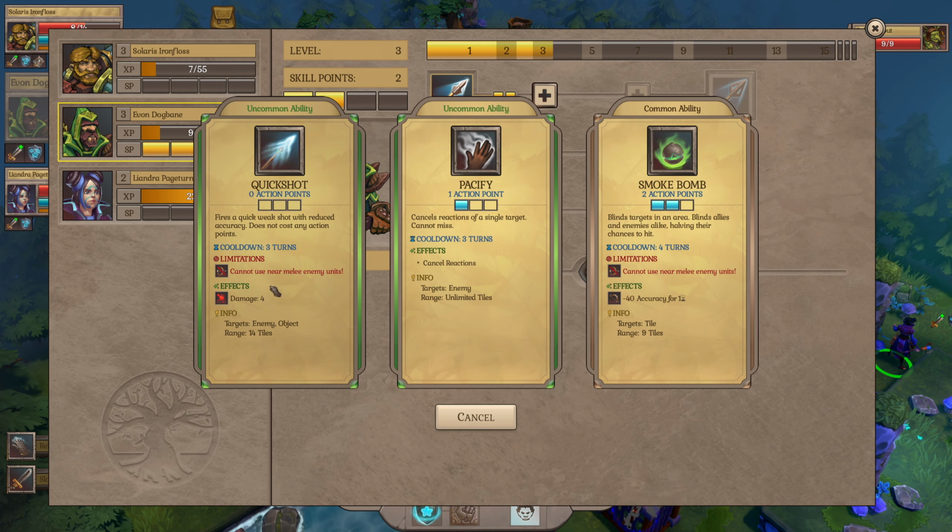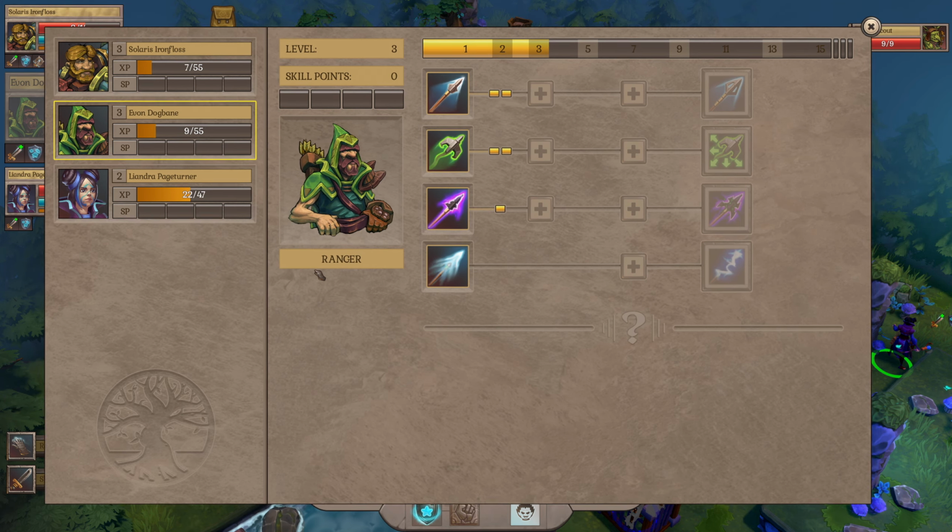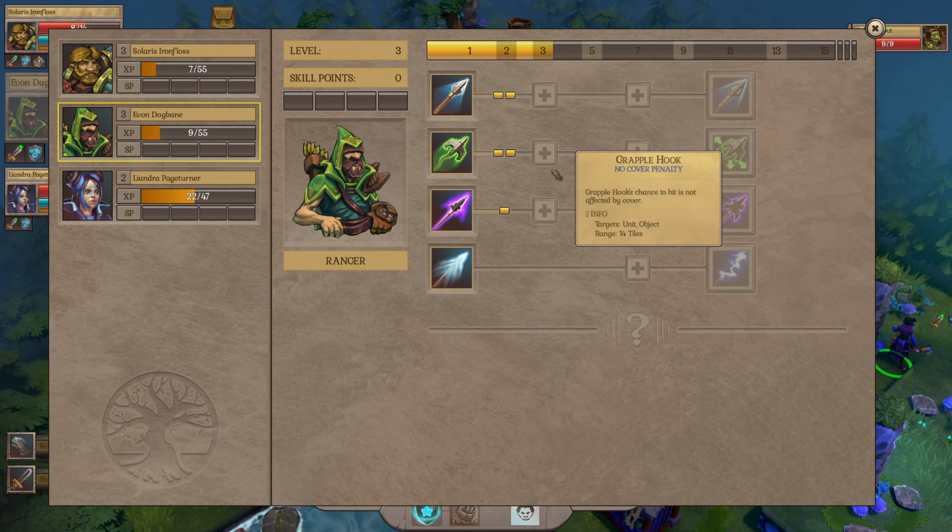Or a new ability. We got Quick Shot. That's that thing that gets upgraded by that too. Fires a quick, weak shot with reduced accuracy that does not cost any action points. So it's just every 3 turns we get to shoot for free. That seems pretty damn good, to be honest. Pacify cancels reactions of a single target, cannot miss, or Smoke Bomb again. You know, a Quick Shot seems really solid. These are all really solid, to be fair, but...